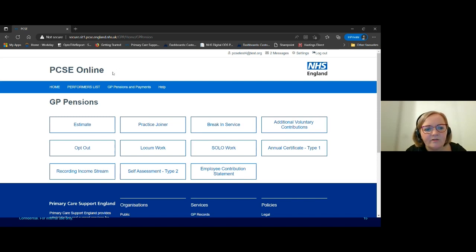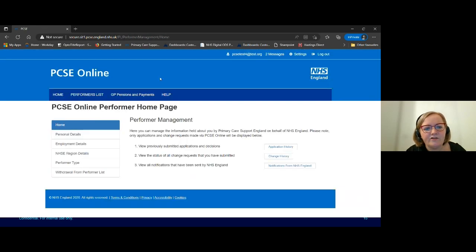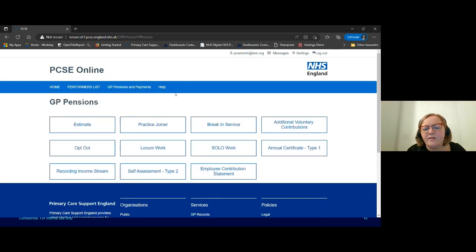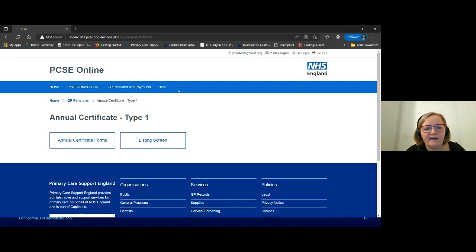So where we are on this screen, we've logged in as a test GP. We've got the performer list button, like we mentioned earlier, and we've also got the pensions button. We've got a performer list page that we showed. But if we go back to pensions, what we want to look at is our annual certificate. Just clicking on the annual certificate button, we've got those two buttons that I mentioned, the listing screen and annual certificate forms. If I go to annual certificate forms,